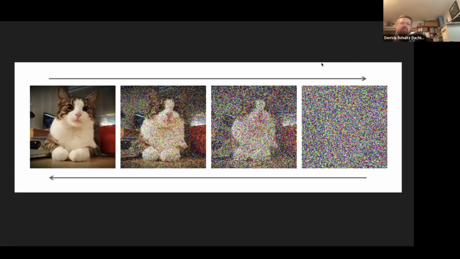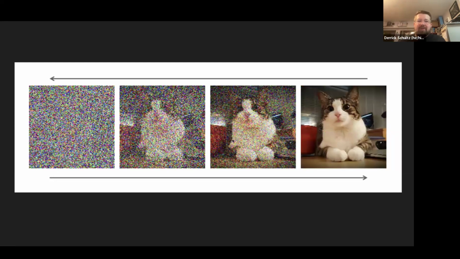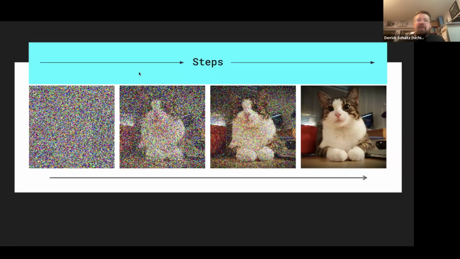So remember, the way a diffusion model is trained is it's trained on a bunch of image and text pairs, and then it adds noise to those images. So basically it learns to add noise to an image. And when it learns to do that, it can then also learn to do the inverse, which is taking a noisy image and converting that to an image that we as humans would recognize. Steps are essentially the number of leaps it makes in the denoising process.